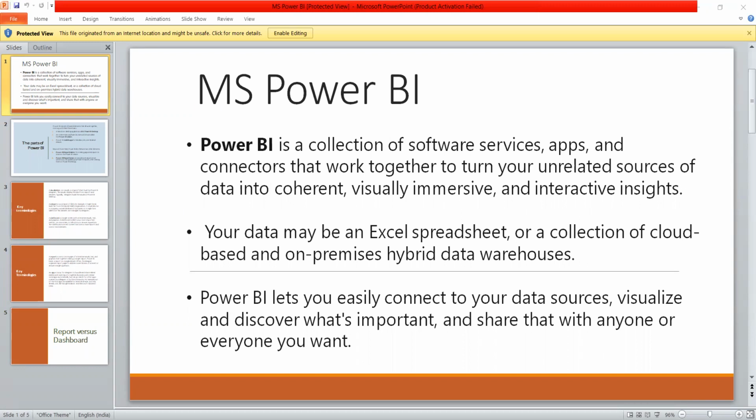The visuals display data from reports and datasets. Typically, designers build the visuals in Power BI Desktop. So there are multiple visualizations that come pre-built in the Power BI Desktop, but we can also use the custom visuals that are available in Power BI. So that was our visualization topic.